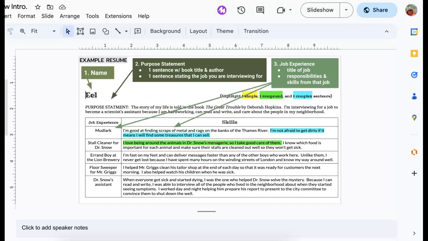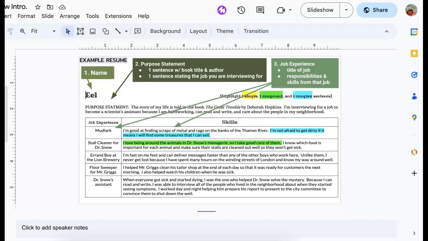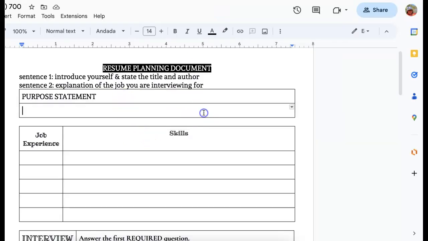So I did link my example in Google Classroom so you could see what they look like as a finished product. But this is what yours is going to look like at the very, very end of this project. By the time on December 8th, this is what it's going to look like. For now, what I want you to focus on is this page in your notebook. We glued this in. I had you put the name of your character.